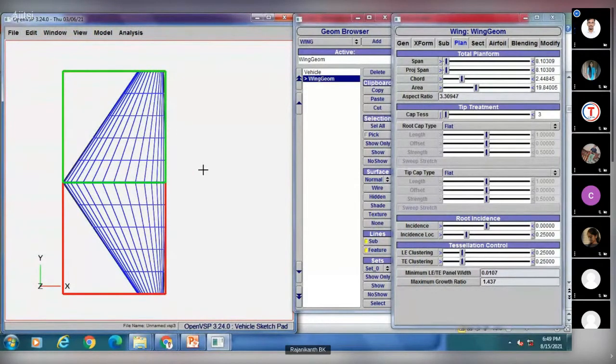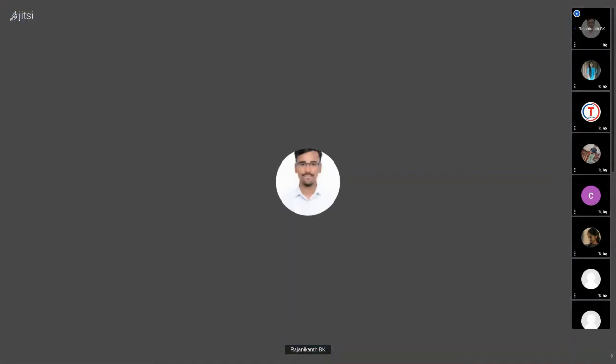Now for this wing, we can also convert the same wing into delta form. So what we have to do, we have to just increase its chord. Okay, and come to span, increase its span, and